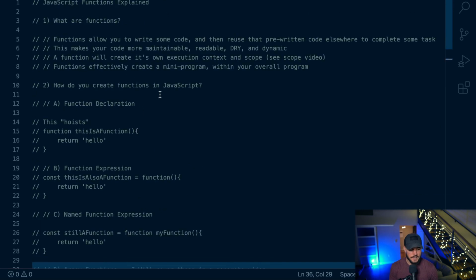So first things first, what are functions? Well, a function allows you to write some code and then reuse that code throughout your program. And typically this code does a certain task. So for example, say you need to get a new user from your database. Well, you might write a function that completes that task. And instead of needing to rewrite that function every time you need to get a new user from your database